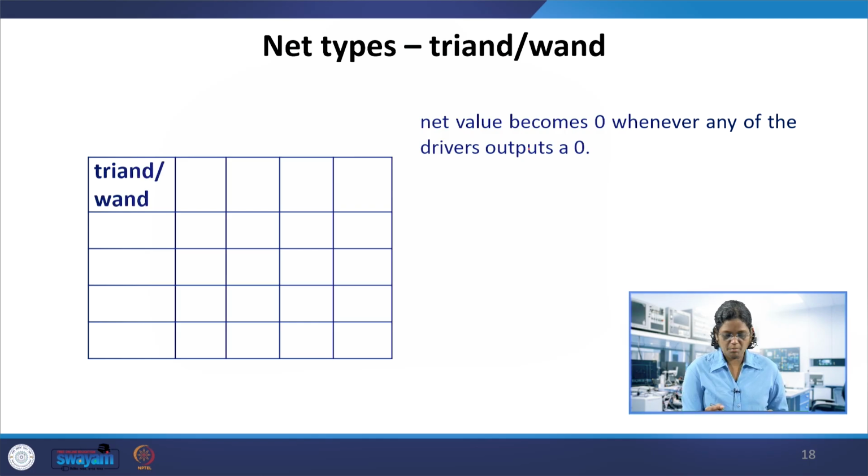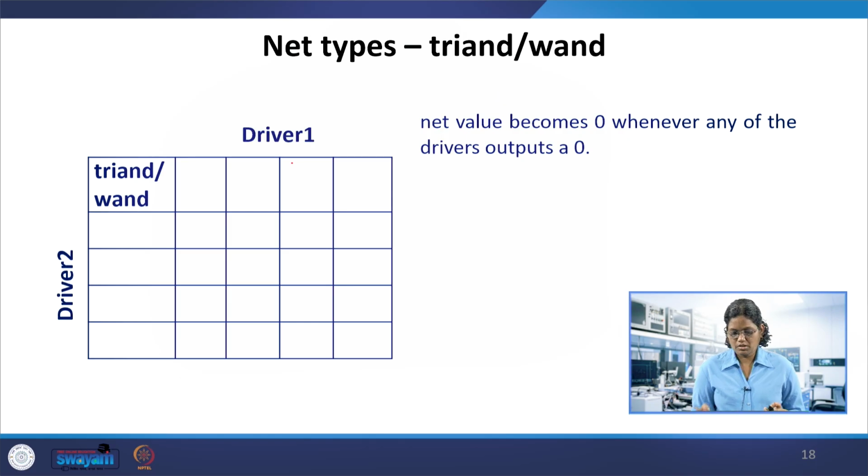In this case there are multiple drivers, driver 1 and driver 2, that means a variable y is driven by two signals.